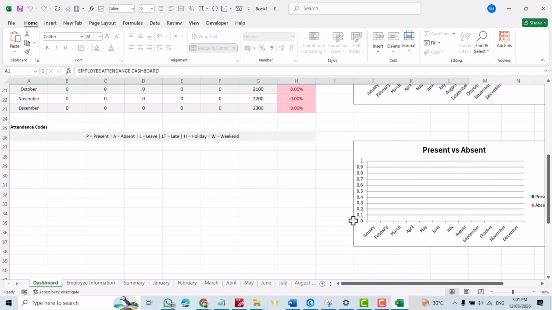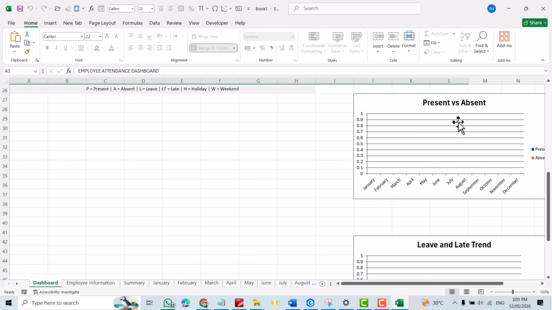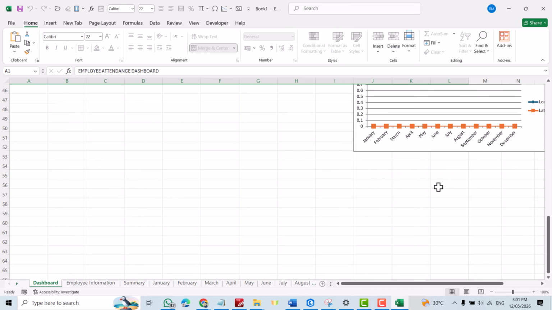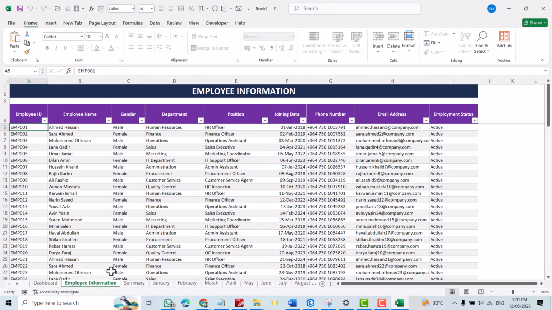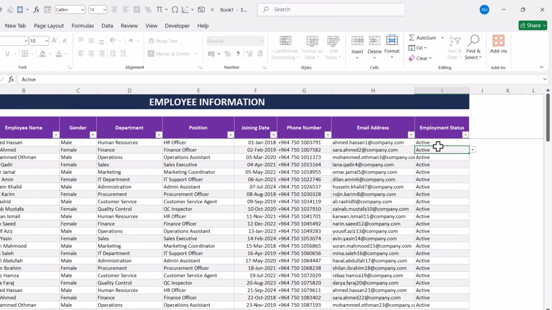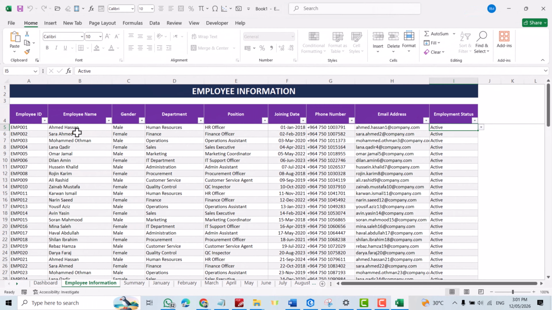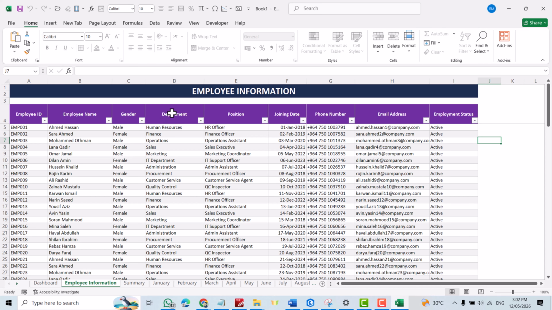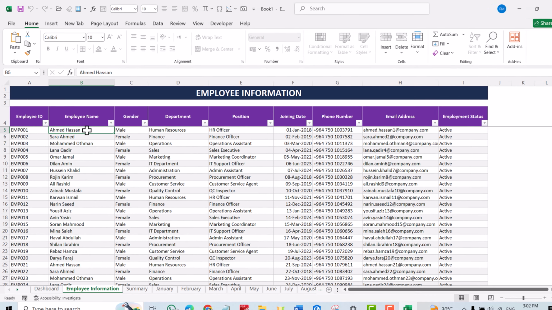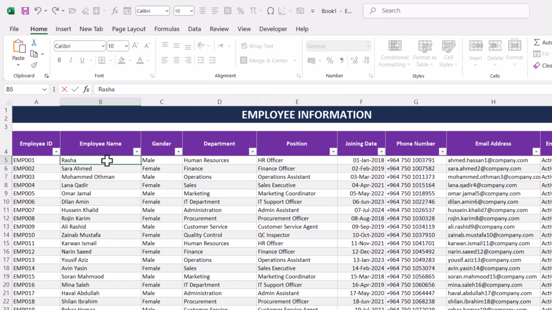Here also we have dashboards for absent, present versus absent, leave and late trend, everything. Now let's see the employee information. Here I have the information. You see, for this employee, Ahmad Hassan, it shows whether he is active, still exists in the company or not. You can say inactive, on leave, or terminated. You can select it, up to you. Mail, department, position, joining date, phone number, email. You can change them yourself. For example, I change this one to my name, Rashad